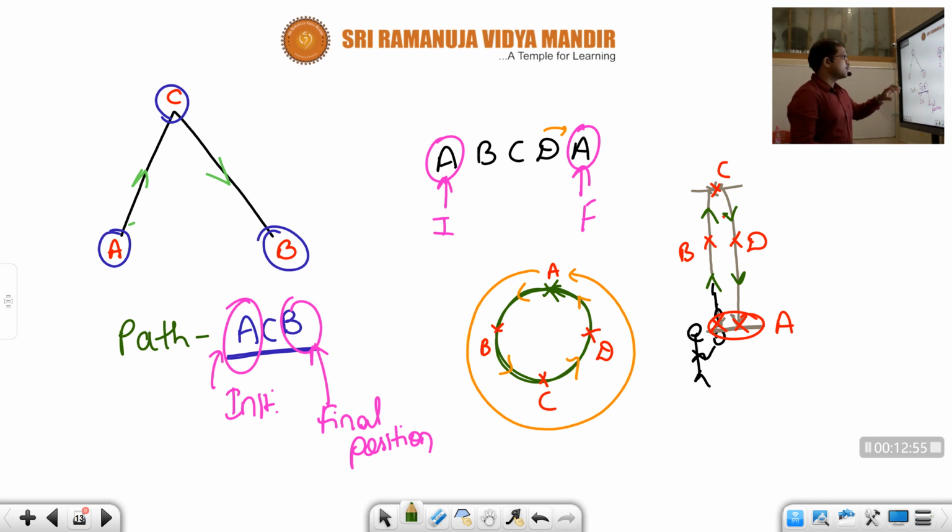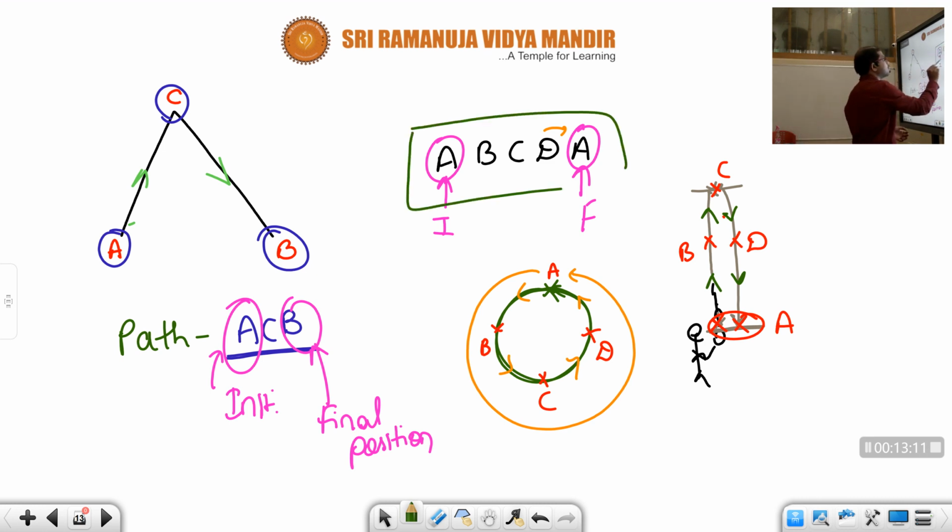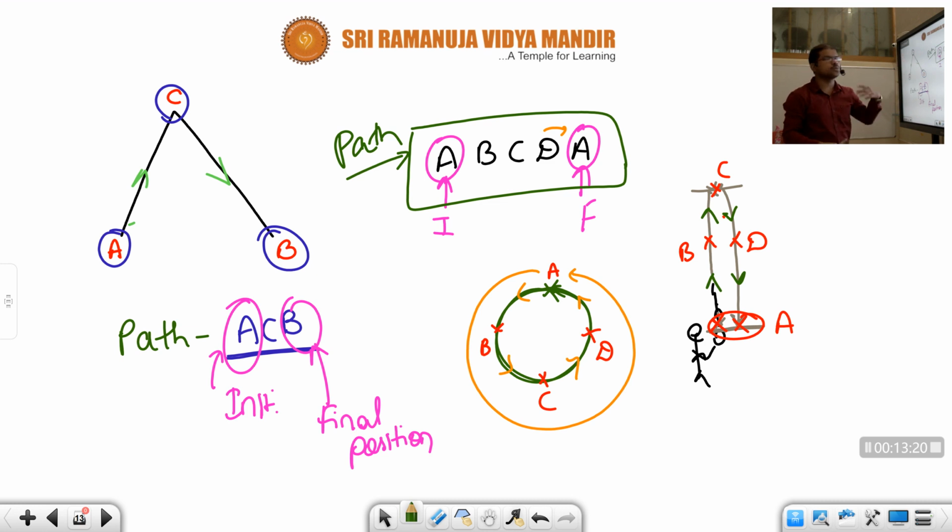Understood, children? We can't say exactly whether it is a circle or a line, but definitely the starting point and ending point are the same. From which point the body started, there only it is ending again. How are we able to say, children? By looking at the path. If the diagram is given, you can write the path. Even if the path is given, sometimes there is a possibility to guess the diagram, the line drawn.